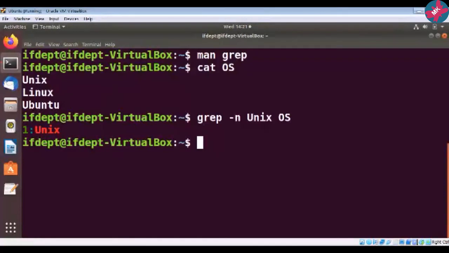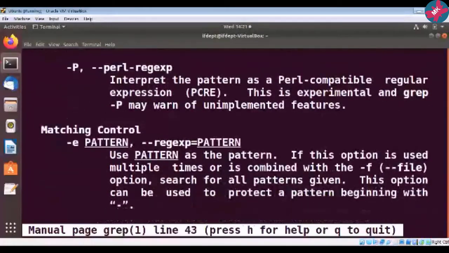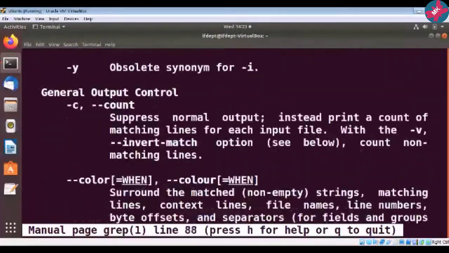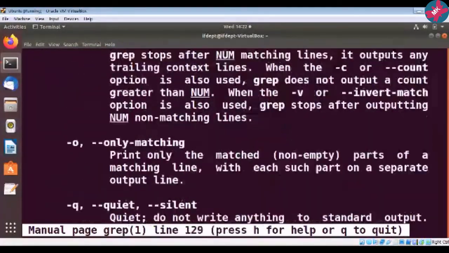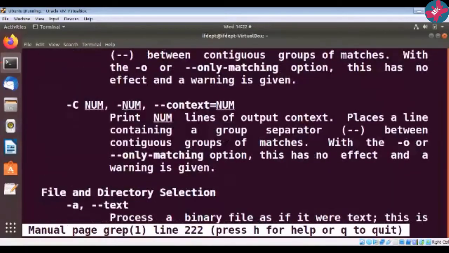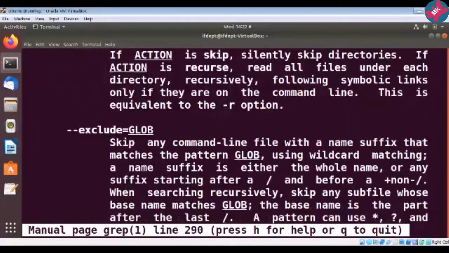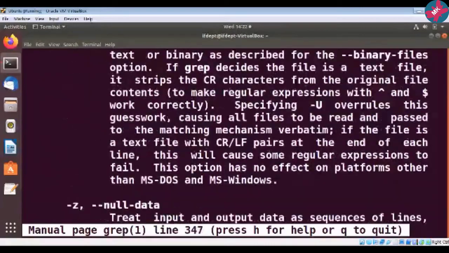Now this was just a simple small file where the grep command can be used. Suppose, let us go to the manual of the grep command. If you go through this particular file, you can see that it is a very large file, isn't it? If you want to search something in this file manually, it will be very difficult.